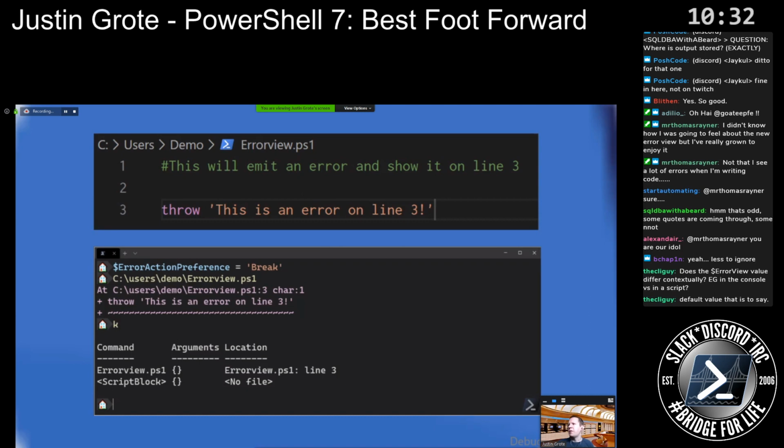As far as the error view, there's a question about whether the error view value differs contextually. So it will always affect basically your host. Errors kind of get passed up. If you have an error that happens deep in a script, it gets passed up to the next thing, which gets passed up to your VS Code host, which eventually makes it to the console. And whatever setting you have for your error view in the console is what ultimately gets displayed, because all the error view does is adjust the display of what's shown. It still gets emitted as an error record object. And you'll see this if you do, and in fact, I can just show,